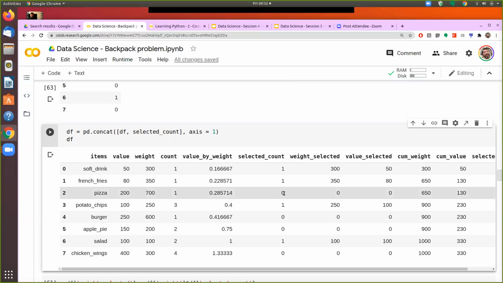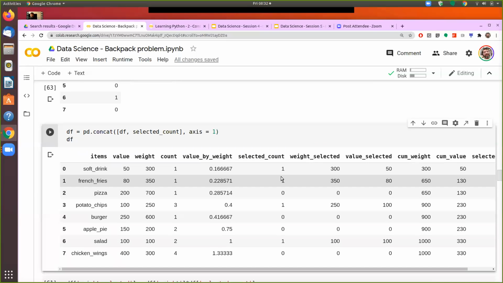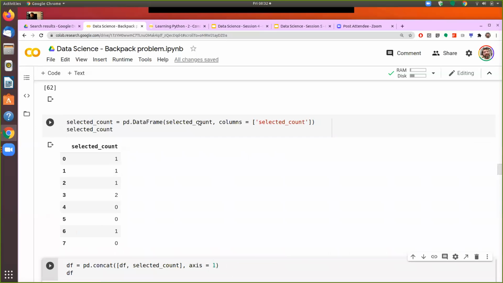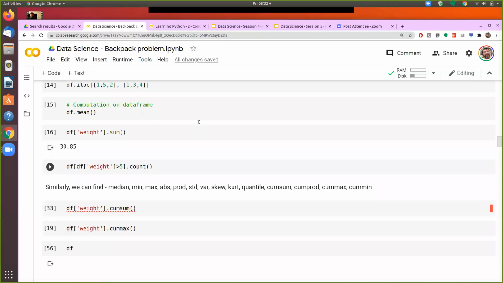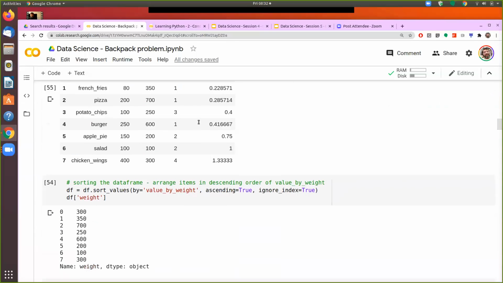Okay, now see what is happening here, that since df was already in the memory and we had not replaced that, it is concatenating that to the previous df. So we'll maybe start from defining the df once again.